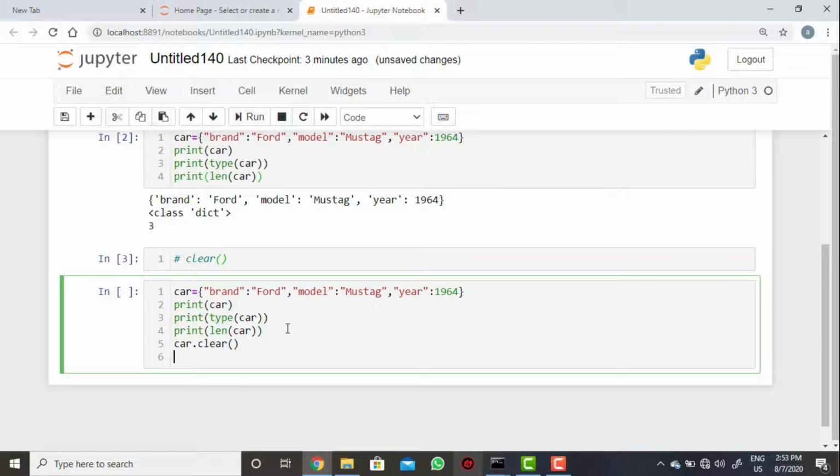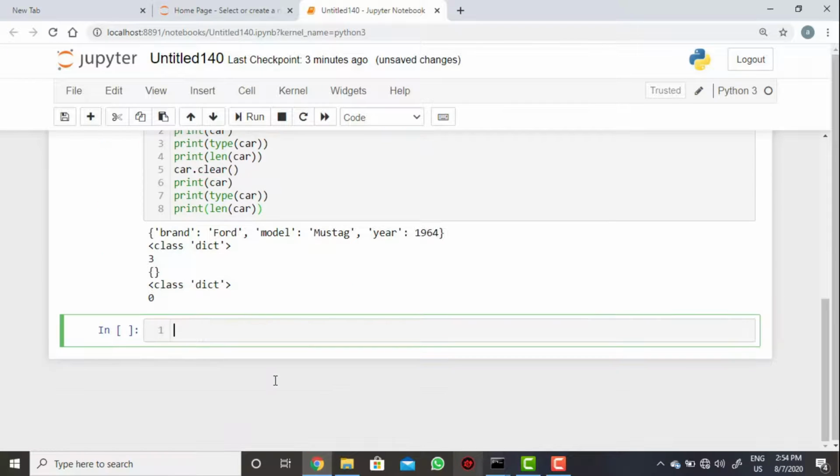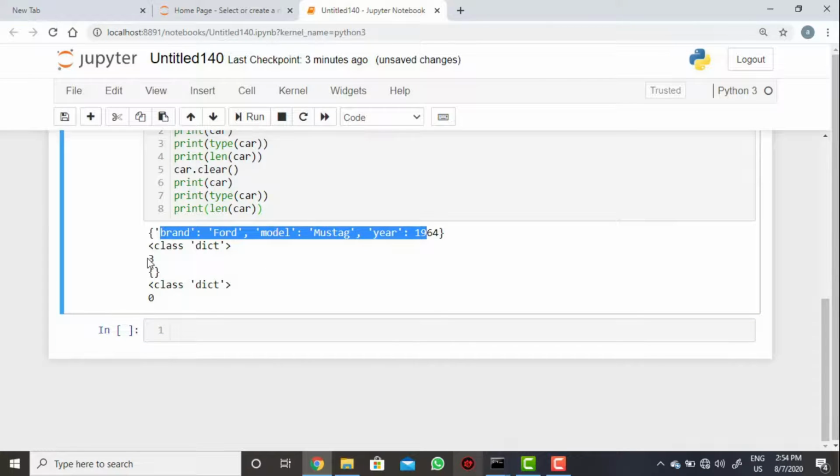Now again you take all the values. So when we execute, what will happen? Previously, before the clear method, the values will be like this and the count will be 3, and after the clear method it is removing all the elements from the dictionary data structure, so it is an empty dictionary right now and the elements will be 0.